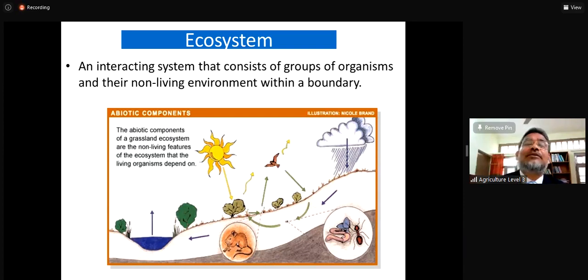So it is called the ecosystem: an interacting system that consists of a group of organisms and their non-living environment within a boundary. আমরা যদি ছবিটা দেখি তাহলে you will,